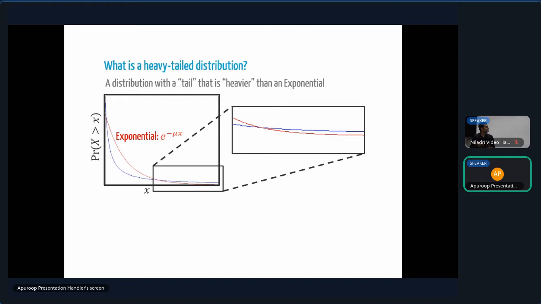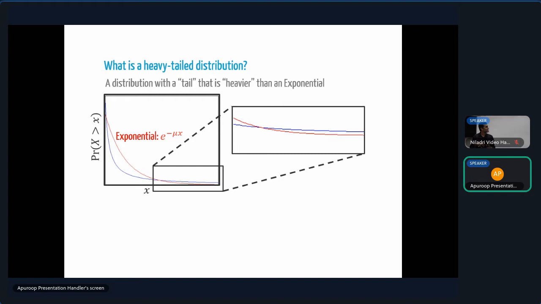Okay, so let me go through a few examples of, yes? So it's an integrating function, right? Can we say that beyond a point all moments are infinite? Not necessarily. For certain classes of heavy-tailed distributions, which I will introduce, you will have this property that if you look at polynomial moments, up to a certain point they are finite and then they become infinity. But this property does not imply that. There are heavy-tailed distributions for which all polynomial moments are finite.